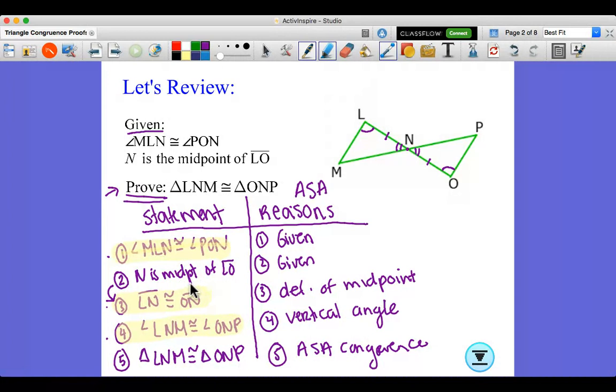The other piece of it I really wanted to talk about was stuff like angle, side, side angle, side. Those are reasons to prove triangles congruent. So if I'm not writing a statement about 2 triangles being congruent, I shouldn't be using one of my 5 triangle congruence criteria. So